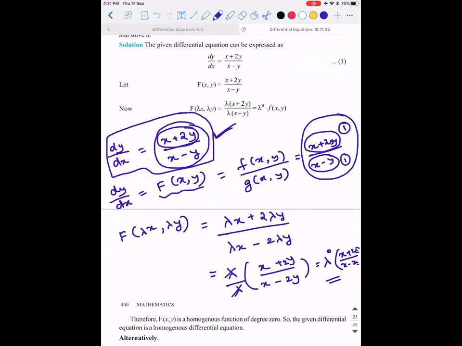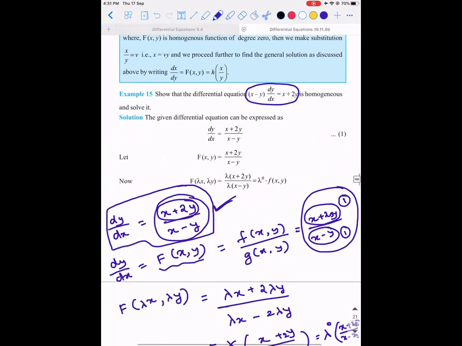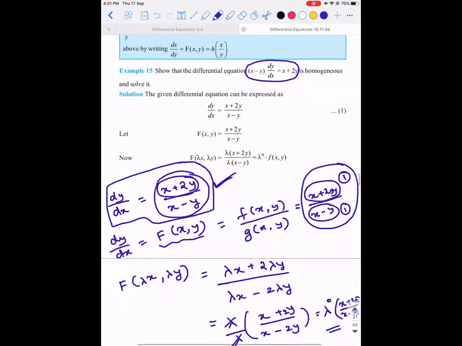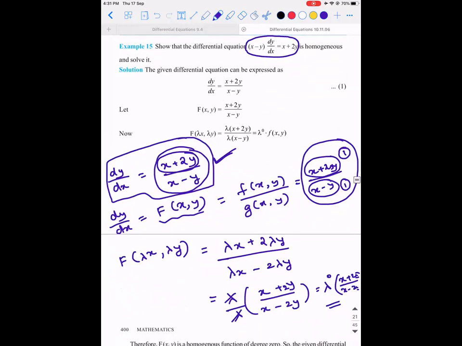So what are they indirectly trying to say? For a differential equation of the form dy by dx is equal to f of xy on the right hand side, when you replace x and y with lambda x and lambda y, you are supposed to get back the original function. If you are able to get back the original function, then that particular differential equation is what is called a homogeneous differential equation. Tell me one thing, are you people clear till this step? If you're clear with this, I can explain how to solve it. Till now, we only saw how to prove it is a homogeneous differential equation. We don't know how to solve it yet. Am I clear with this? Yes, sir.